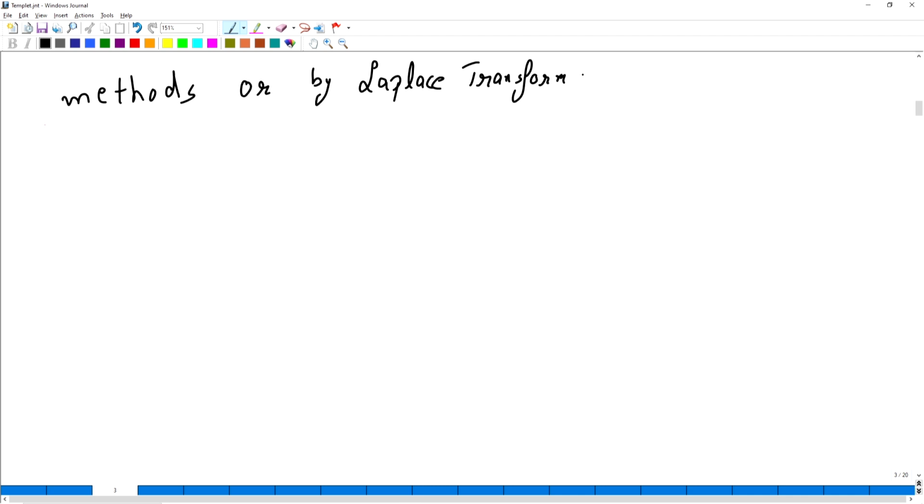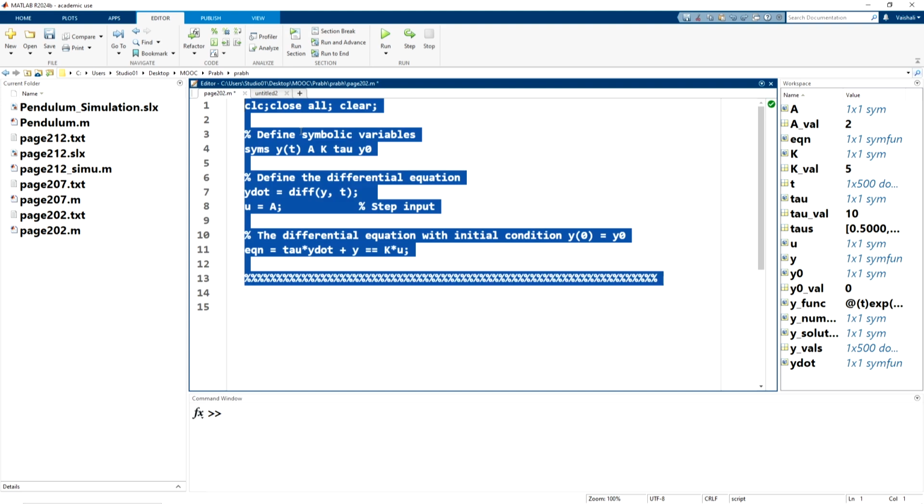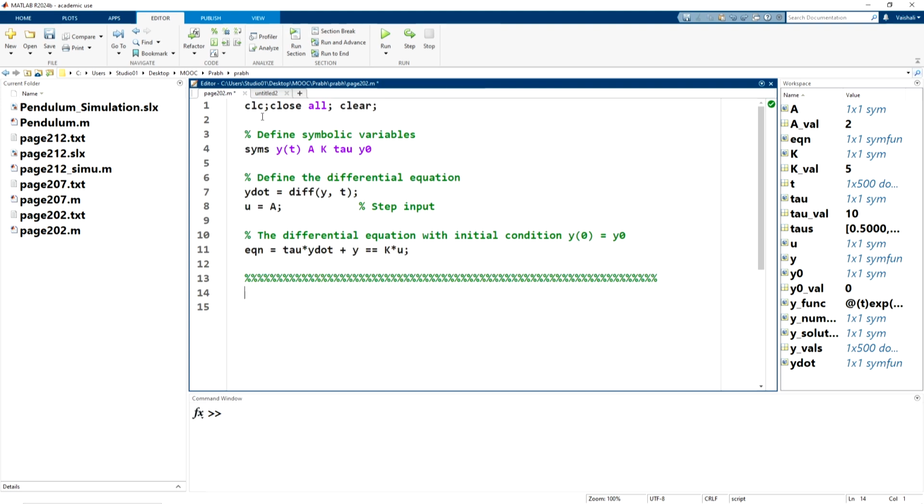Now let us learn how to do the differentiation in this equation in MATLAB. Now let us switch to MATLAB. Now this is how the MATLAB environment looks like. I have already written the equations. I will not rewrite it again to save time. Now this is CLC, clear screen, close all. It clears all the variables and closes any figures if there is any open figure.